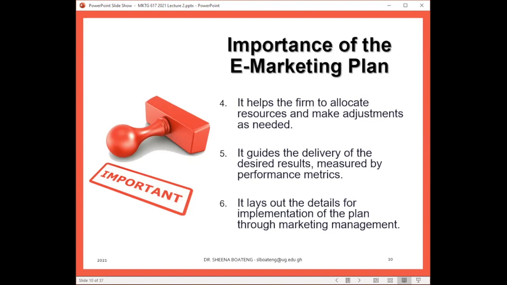Therefore, resources that we need to undertake the activities and tactics outlined in our e-marketing plan will flow directly from the general marketing plan and the resources that have been allocated to it. Therefore, we need to be able to outline these activities in our e-marketing plan to communicate to whoever is in charge of marketing management and resource deployment within the firm what we will need under e-marketing to successfully achieve our objectives. And with that, we have outlined 6 key importances of the e-marketing plan and why we need to have one as marketers.